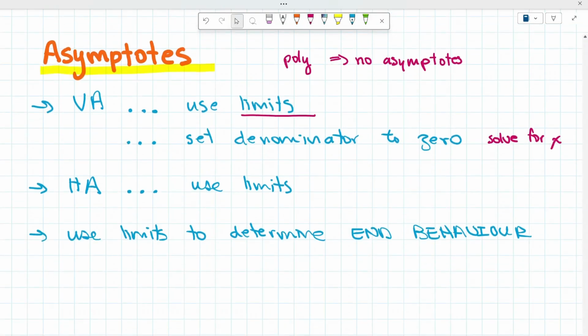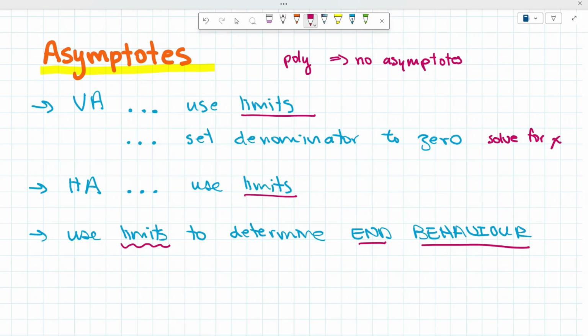However, for horizontal asymptotes, you also have to use limits. There are also some other strategies you can use when you break it down into 3 cases. I will be making another video about that shortly, but for now, use your limits to help you determine your horizontal asymptote. Also make sure that you're using limits to help you determine the end behavior of your function, because